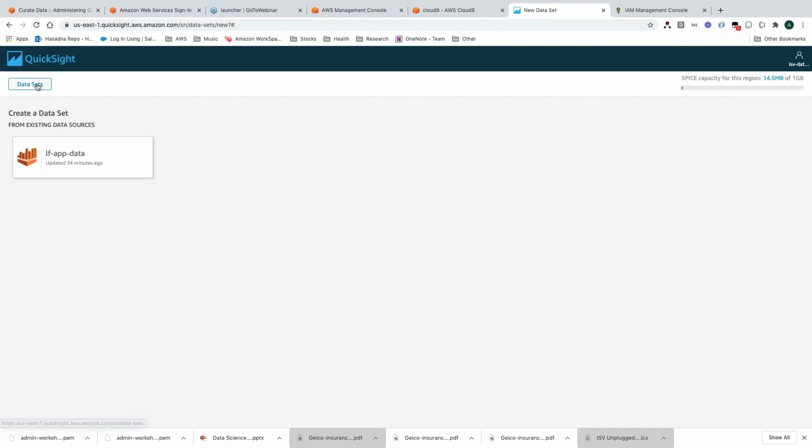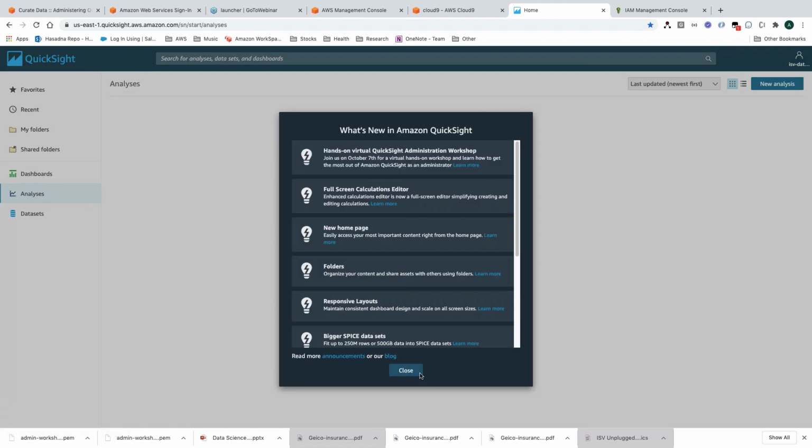And this user, see if I go with new data set, I do not see any of that. So now it's a completely locked down environment. I cannot even get to the admin panel from here because I am just an author. I don't have administrative privileges. I can get to the main panel